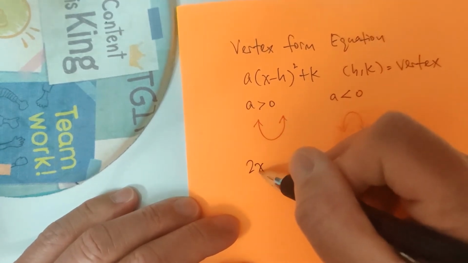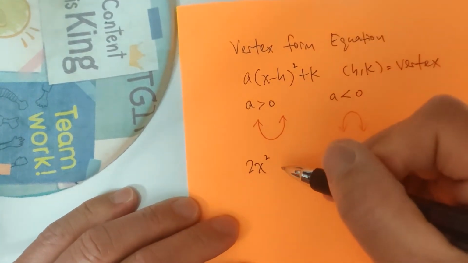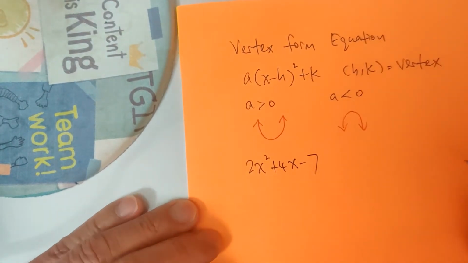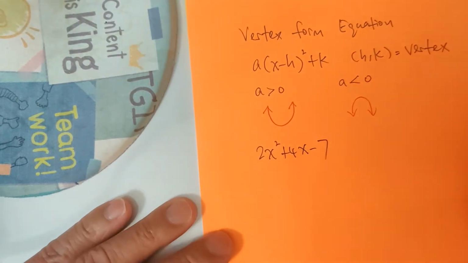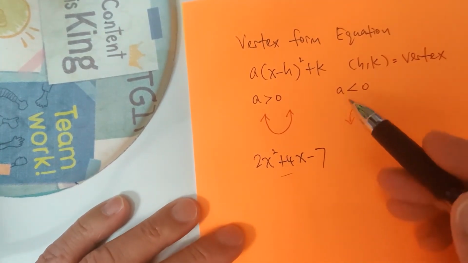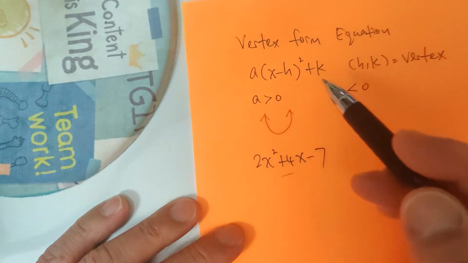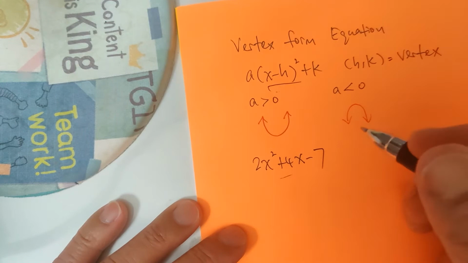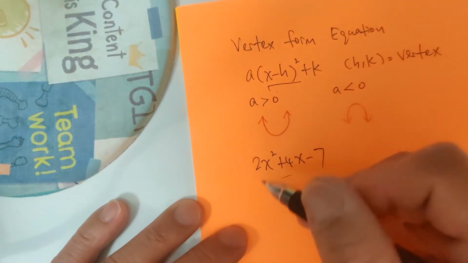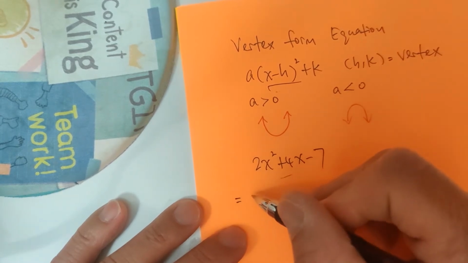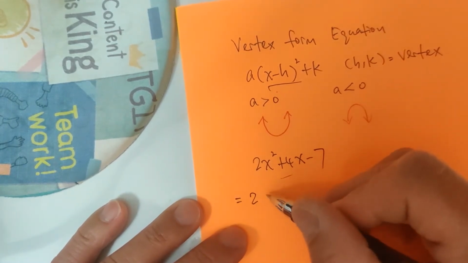polynomial that says 2x squared plus 4x minus 7, and you need to convert this whole thing into the vertex form that looks like this. And in order to do so, you need to complete the square. Alright, so to complete the square, it is easier to factor out the 2